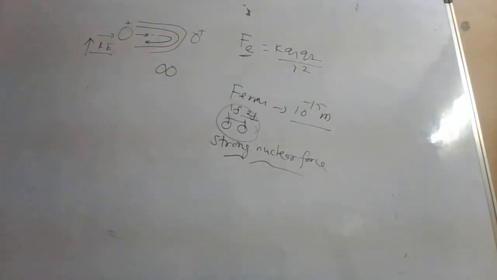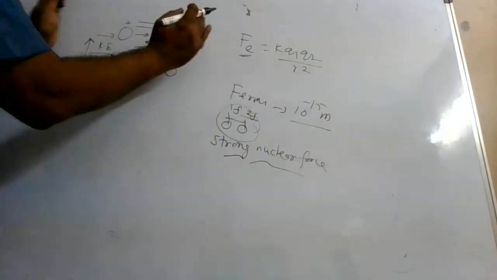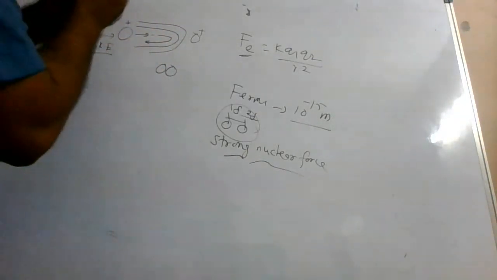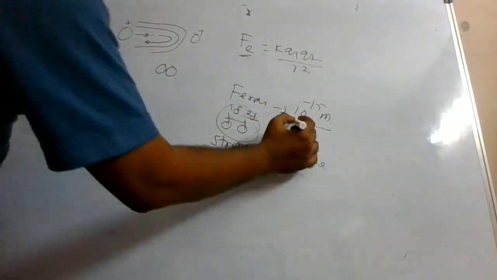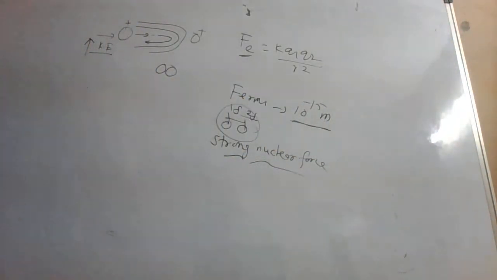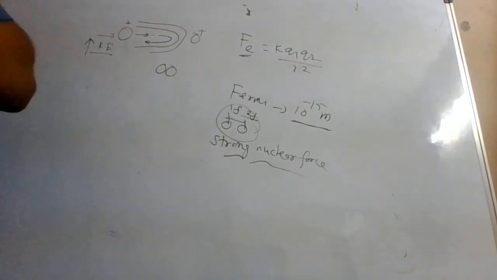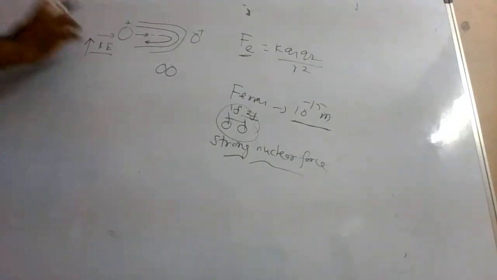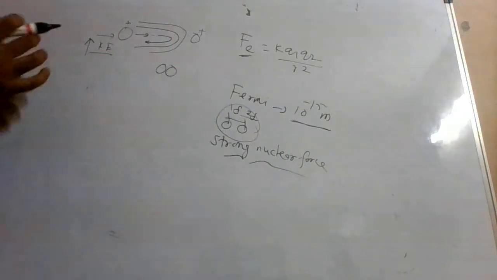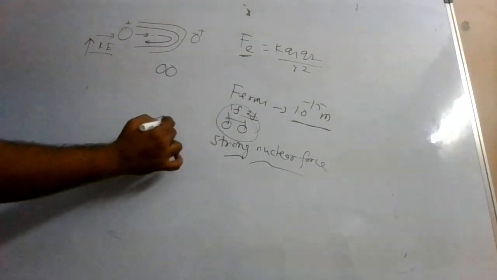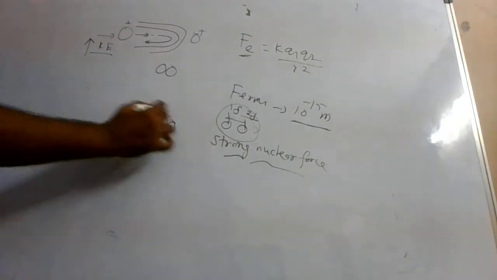Alright? I do something, I bring them close. When they are separated by long distances, nuclear forces will not act. But nuclear forces are very, very strong when the distance is very, very small. So I need to increase the kinetic energy of this proton so that it comes very, very close, and here the strong nuclear forces will act and they fuse together. So this is what happens.